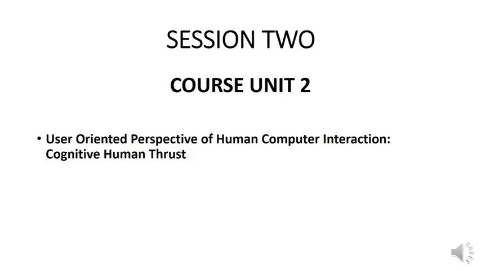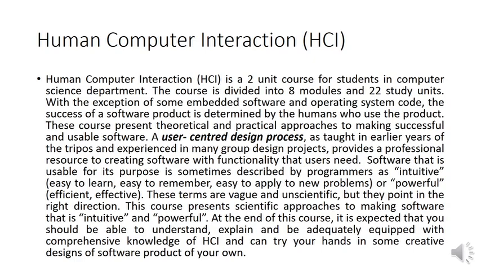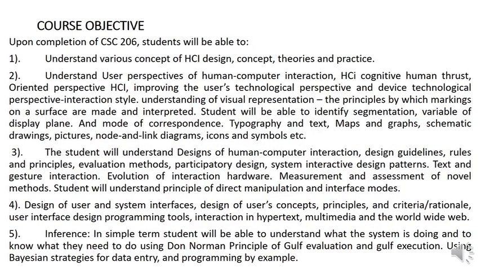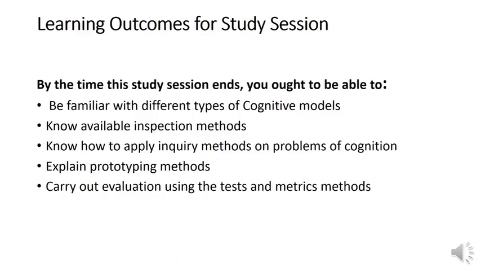We are still in section 2, course unit 2, user-oriented perspective of human-computer interaction, cognitive human trust. The introduction and the course objective remain the same, but the learning outcome of this particular unit is,